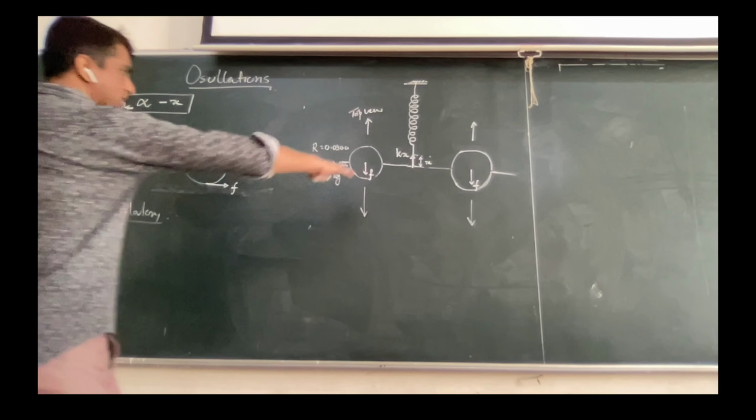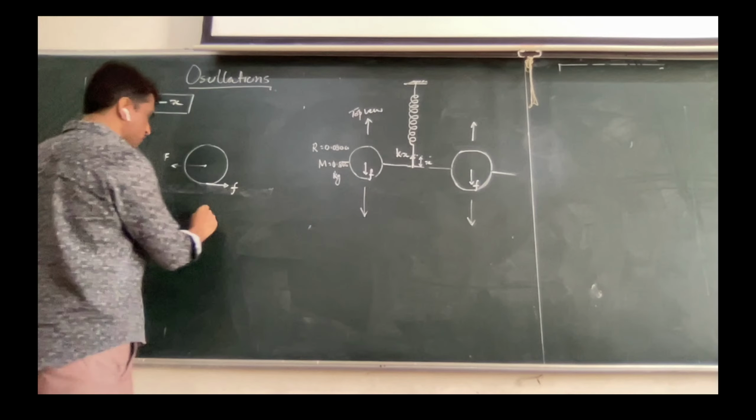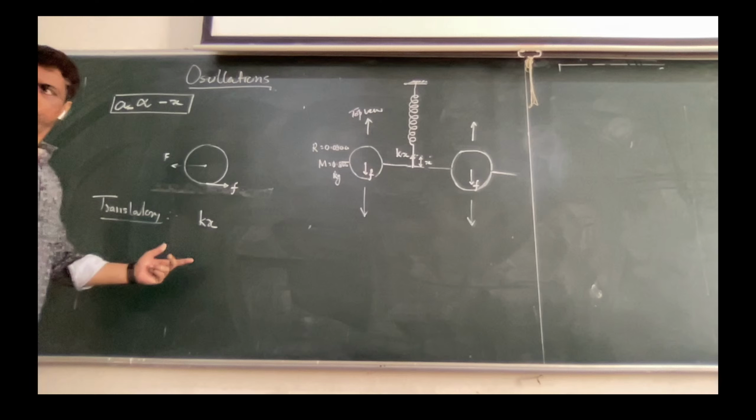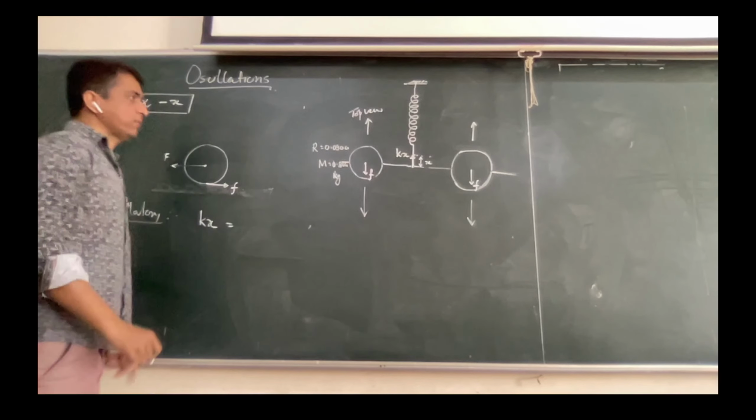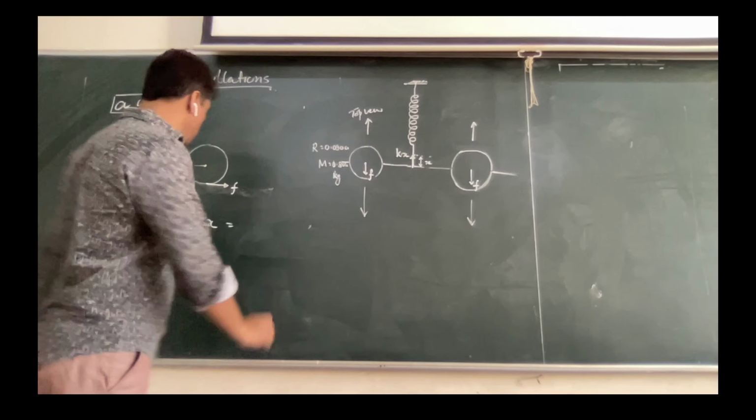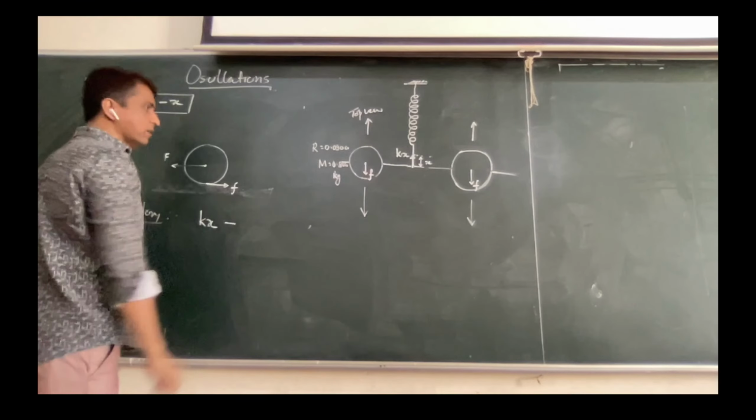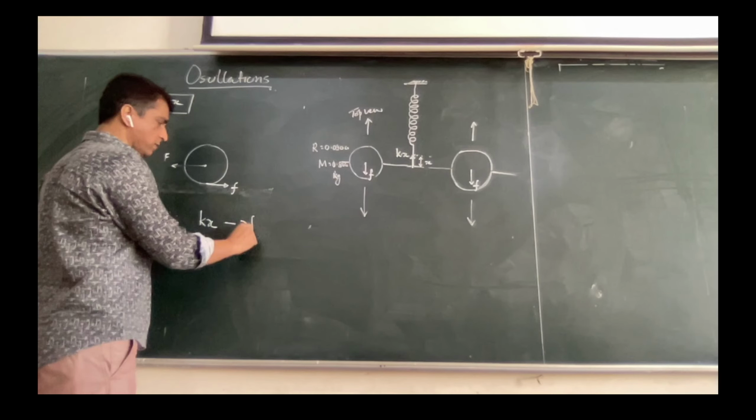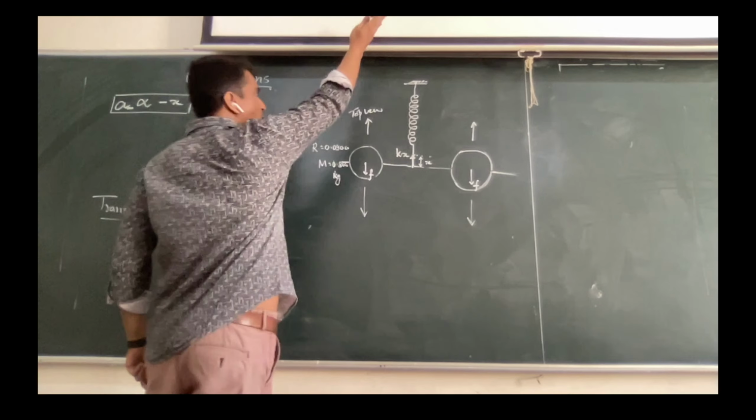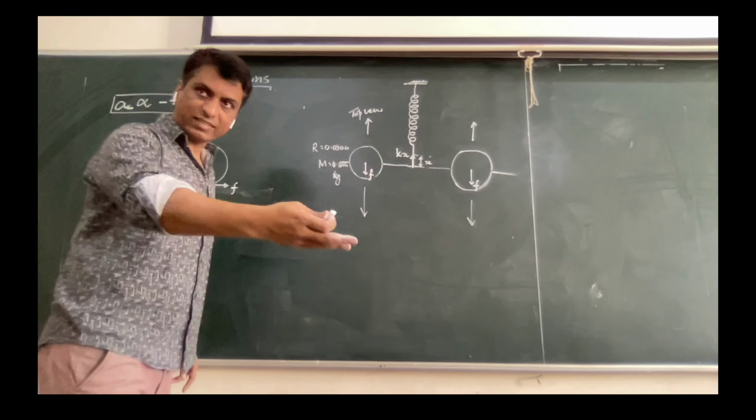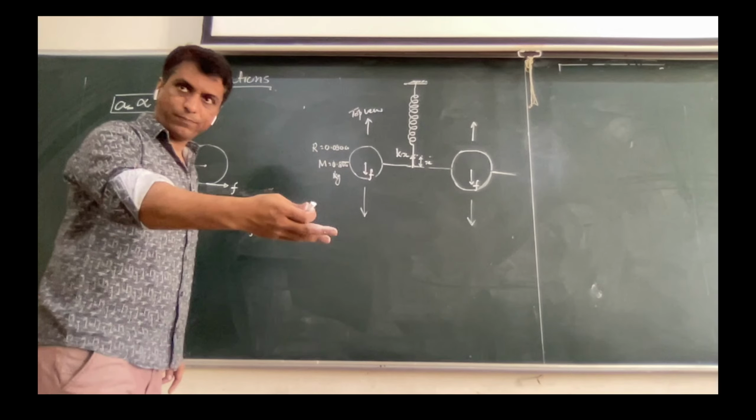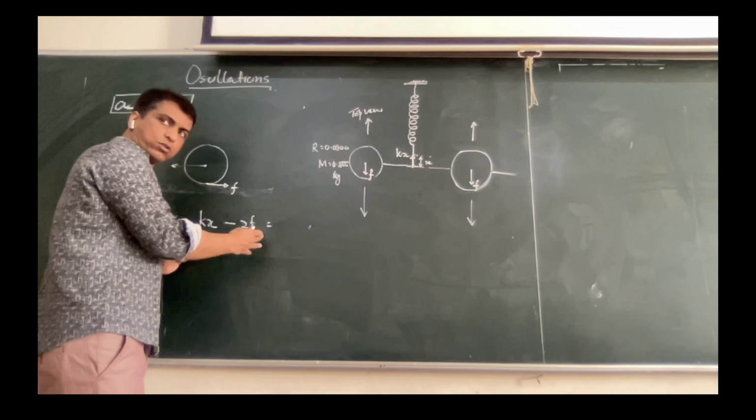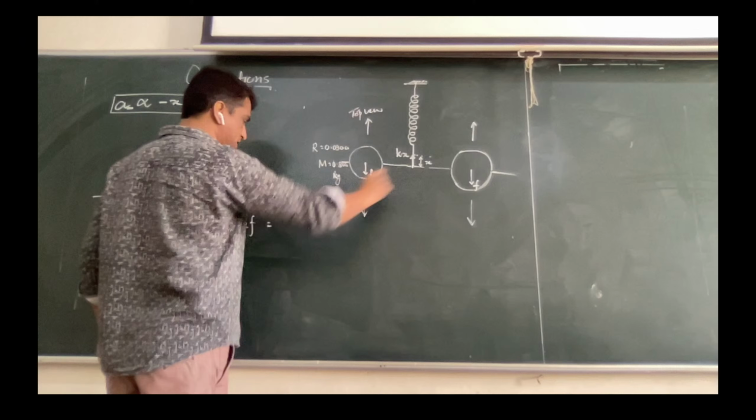So if I take this as the positive side, then the spring force kx minus two frictional forces has to be equal to, in upward direction, mass into linear acceleration. Correct? I'm taking the whole system. This is the total force, and it has to be equal to mass. So this is m and that is m. So 2m